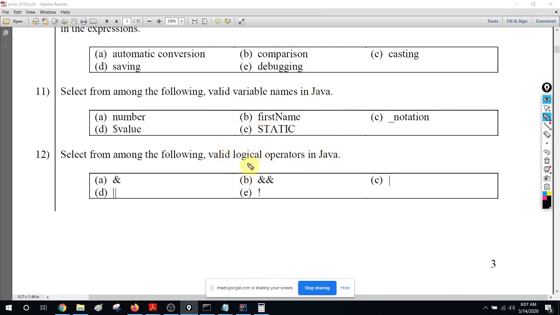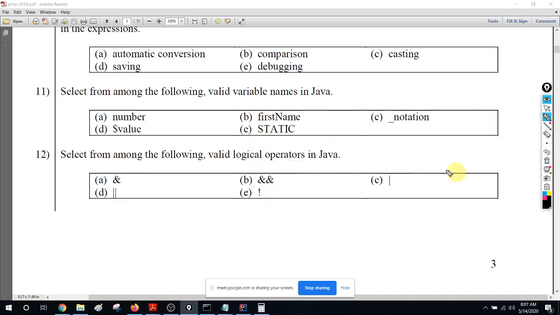So what they ask is logic operators, right? Logic related operators, right? Logical operators. So obviously AND, the non-short circuit AND is there. Yes, this is short circuit AND. We discuss all those things. This is the non-short circuit OR. This is the short circuit OR, and this is the AND. Sorry, this is not. This is not. So all are logic operators. All are answers. So the answer for 12, yes, all are correct.